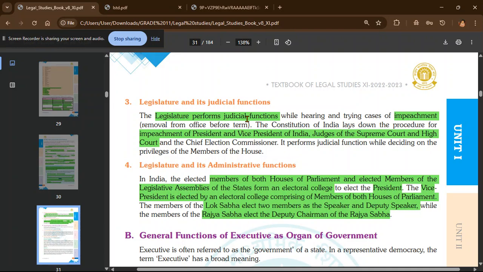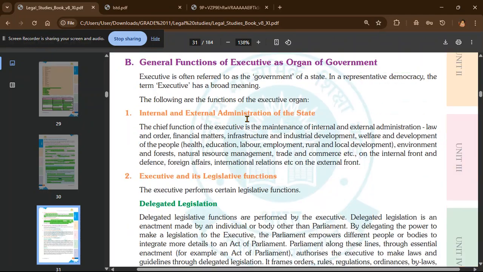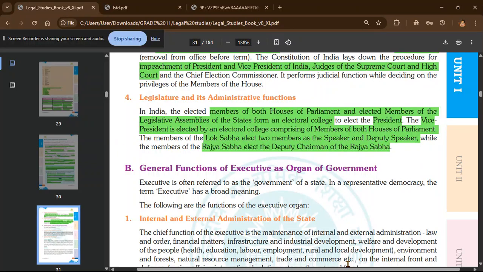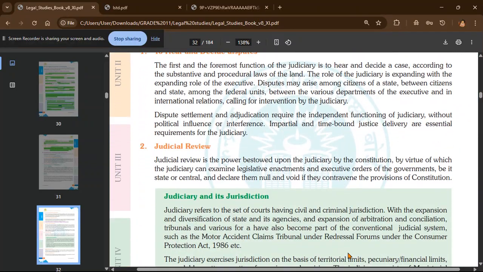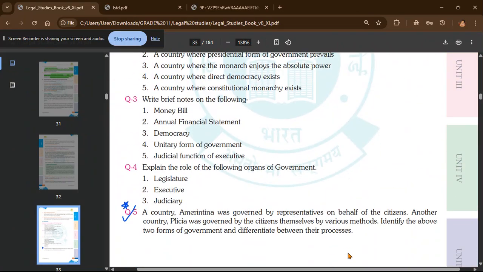Speaker maintains the decorum. Deputy speaker you have. That's it. So this is it. That's what we are getting, as per the children what they had told me. This is what is coming for your recent exam. So I have done till here. The rest of the chapter I will also do for the further exam, later in a video that will come maybe after one or two weeks. Let's see the exercises here.